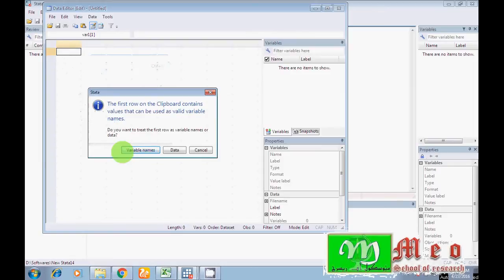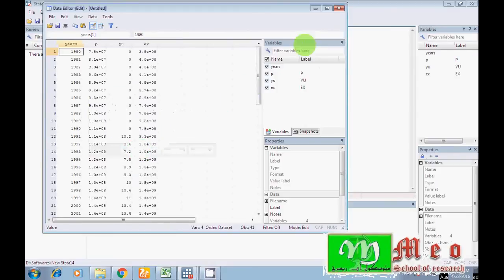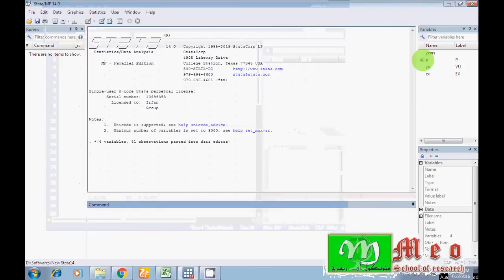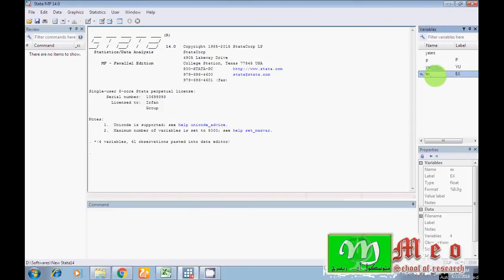It asks whether you want variable names as well or data only. Because I want the same names as I saved in the Excel file, click variable name. Wow, you can see I have all my variables p, yu and ex. Close this file. My variables are here in the variables view: the first variable is p, the second yu, and the third ex.